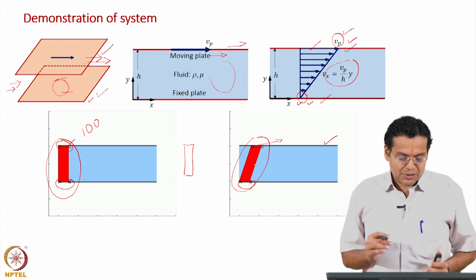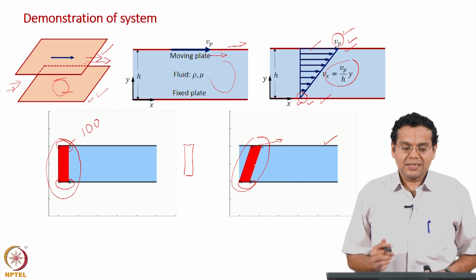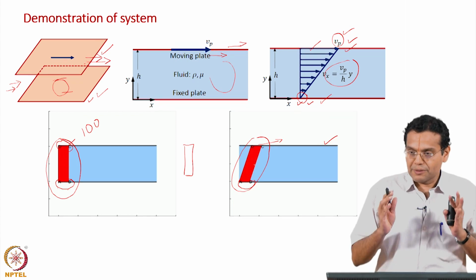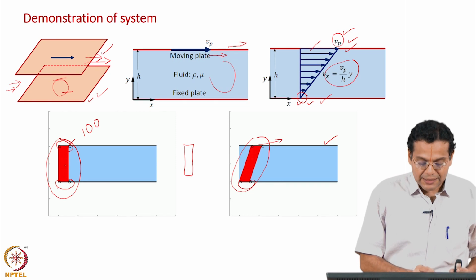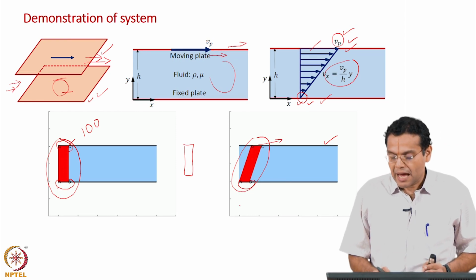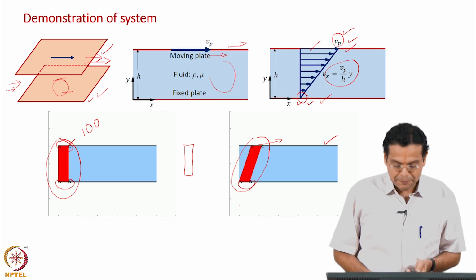Okay. The point emphasized here is, once again, the system is made up of the same fluid particles, and we track what is happening to those 100, let us say 100 fluid particles as time progresses. Okay. Let us take